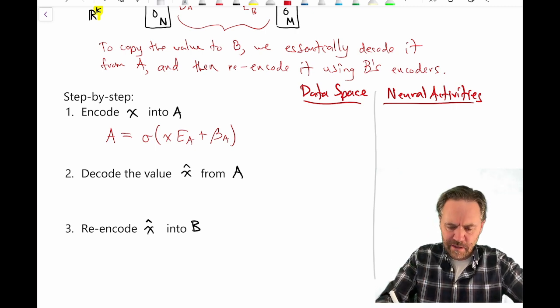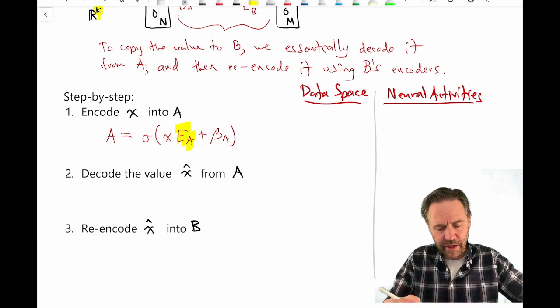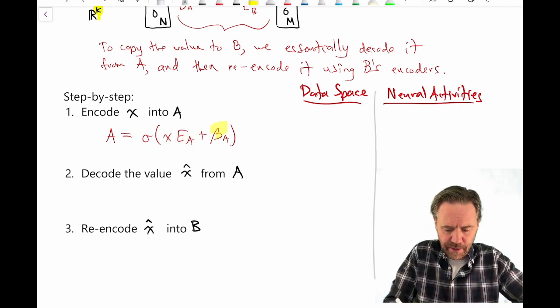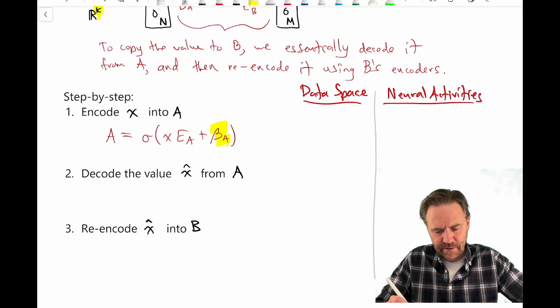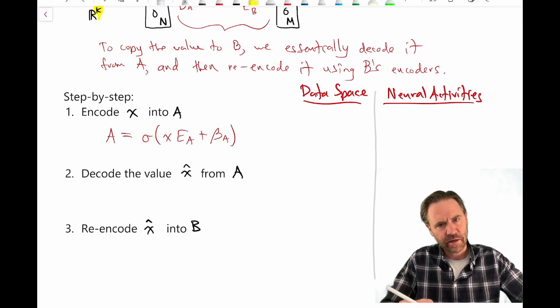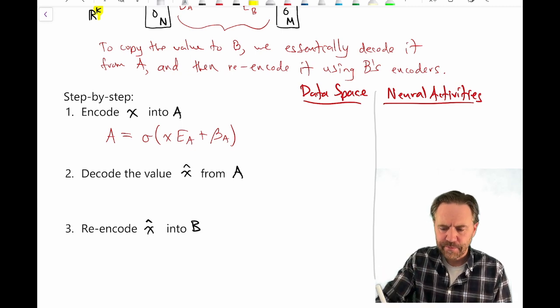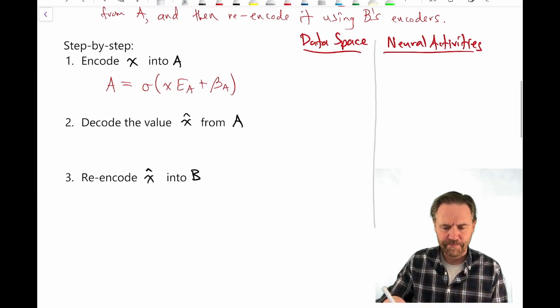Okay, so these E sub A, those are the encoding weights, the weights that go in. These are the biases for that population. And then this is some activation function, like a LIF tuning curve or logistic or whatever. Now, just to